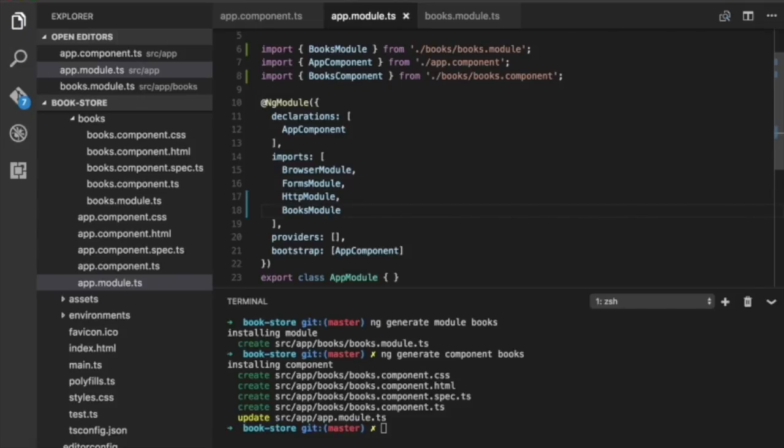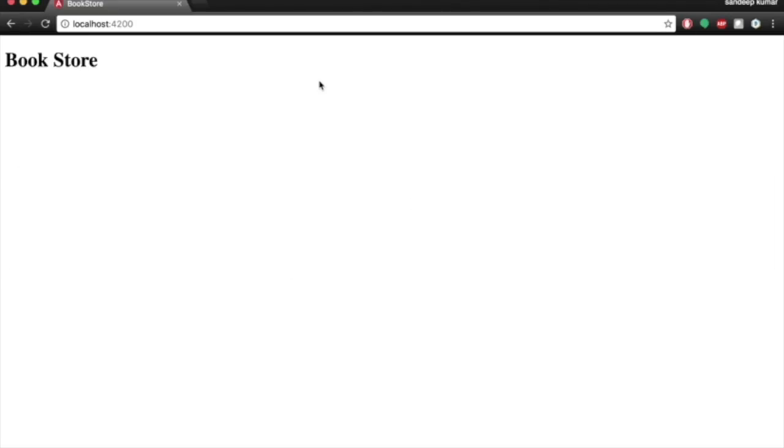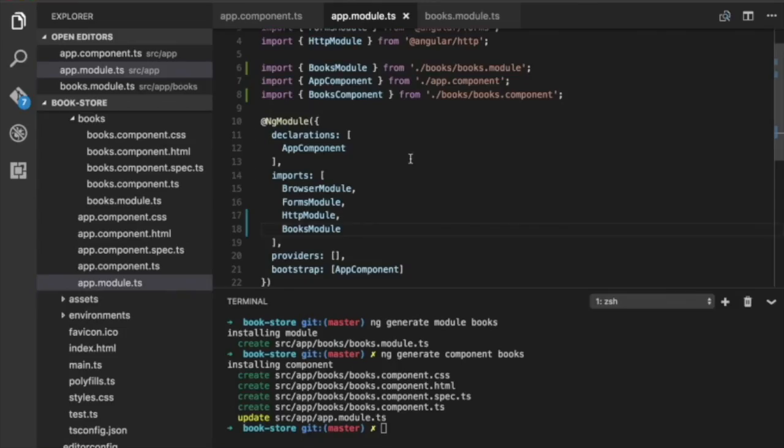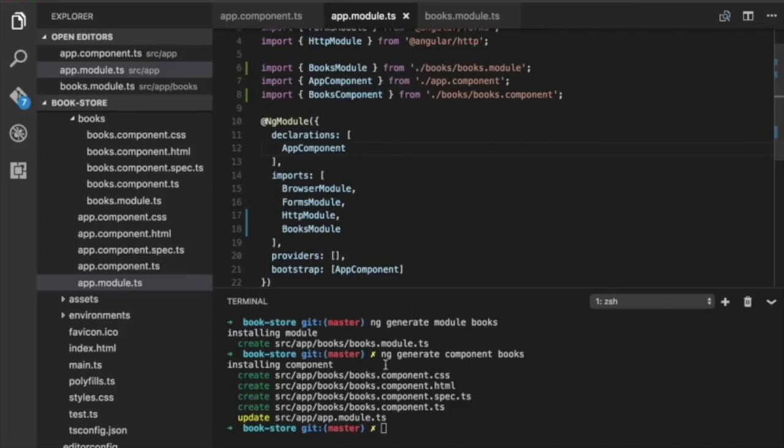Okay, so let's see how this works. Let me make sure that I'm not breaking anything. Okay, so everything seems to be working fine. Okay, now let me go and create the next module. So the next module is reviews. Ng generate module reviews,